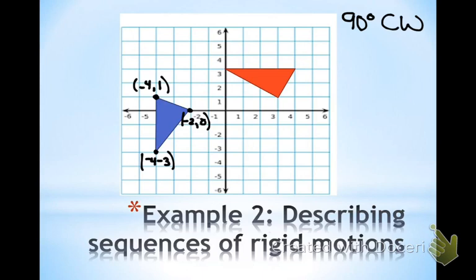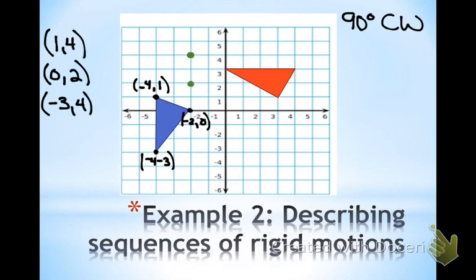So for the top point, I'm going to flip them and do the opposite of X. I flip them again and do the opposite of X. And I flip them again and do the opposite of X. And now this tells me where my new points go. Okay, so 1, 4 goes here. 0, 2, 0 up 2 goes here. And left 3,